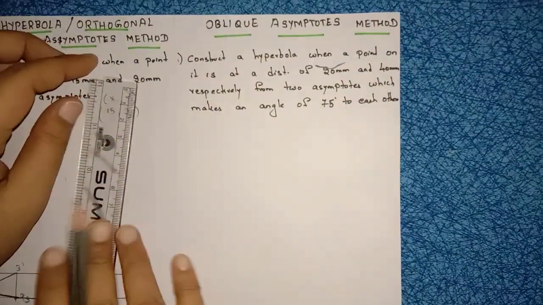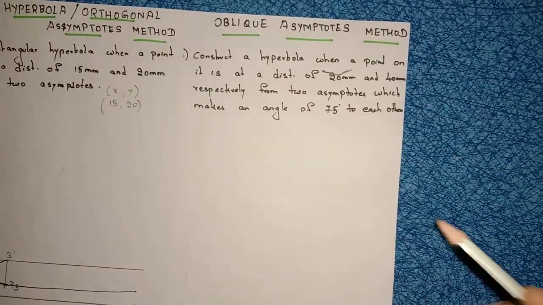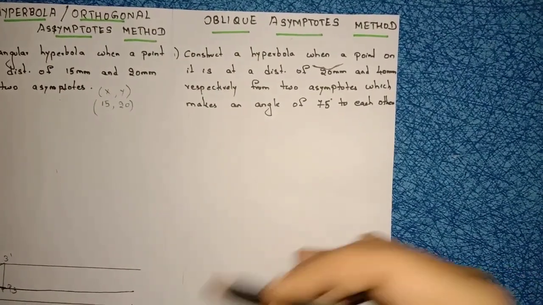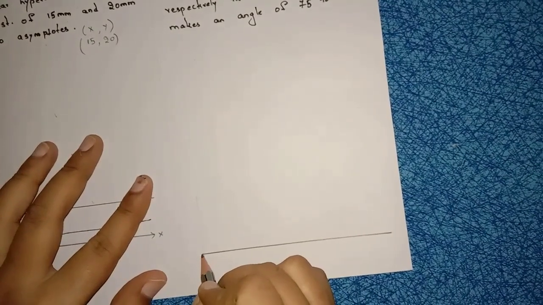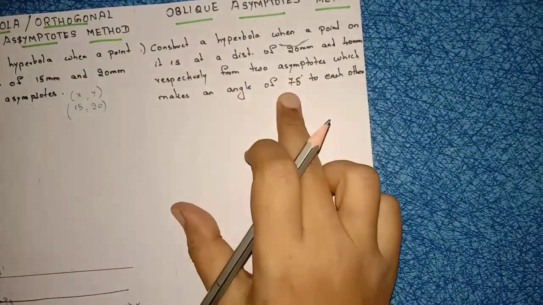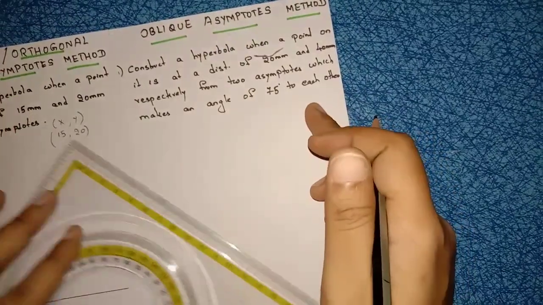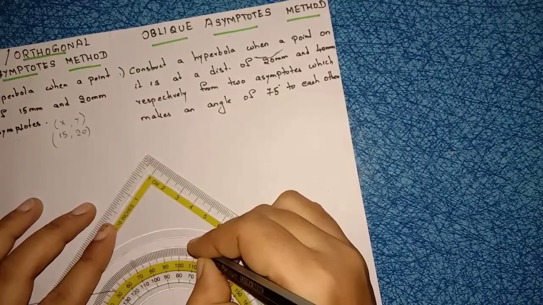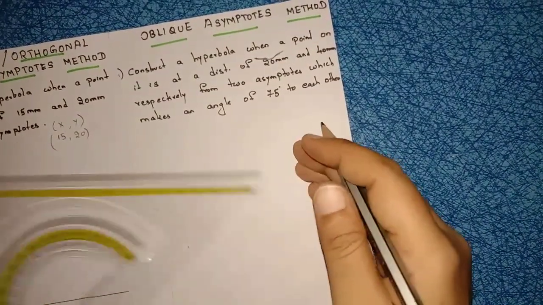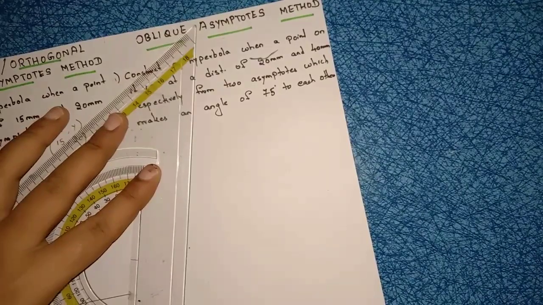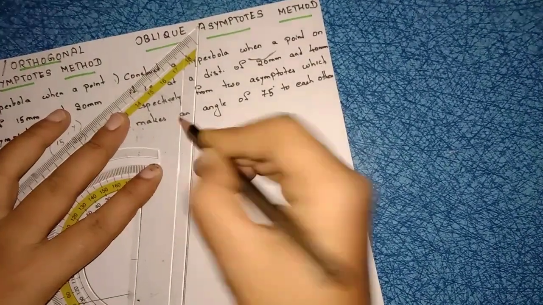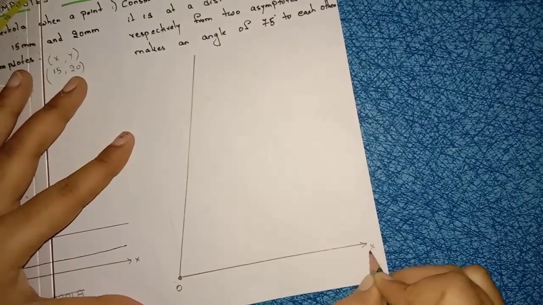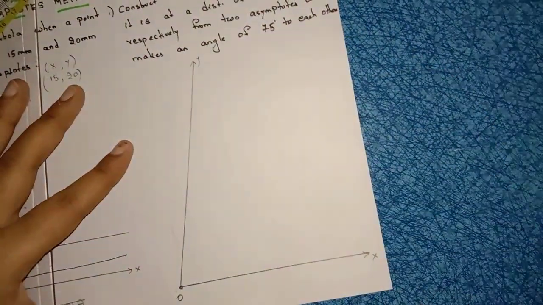Right? So first draw the x-axis of any length. Right? Now keep your protractor here, angle how much they mentioned here, 75 degrees, right? So keep your protractor on this line, mark 75 degrees. Now draw the y-axis of any length. Right? Now this is O, this is your x-axis, and this is your y-axis.